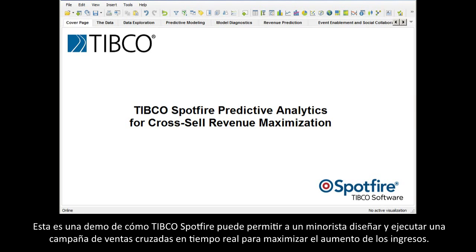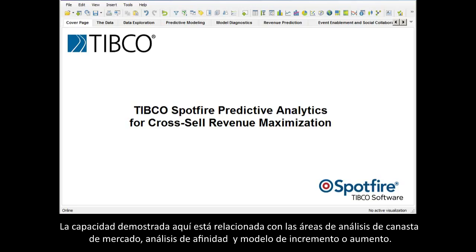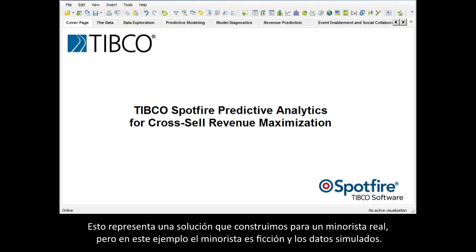This is a demonstration of how Tibco Spotfire can enable a retailer to design and run a real-time targeted cross-sell campaign to maximize revenue lift. The capability demonstrated here is related to areas of market basket analysis, affinity analysis, and incremental or uplift modeling. This represents a solution that we built for a real retailer, but in this example, the retailer is fictional and